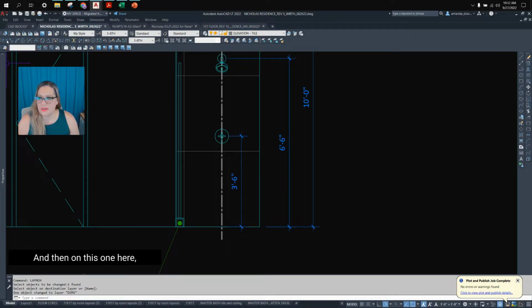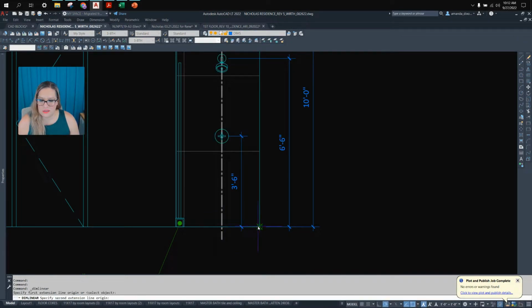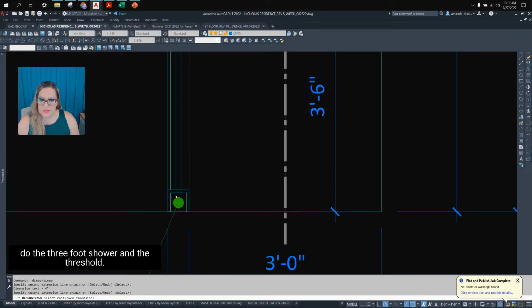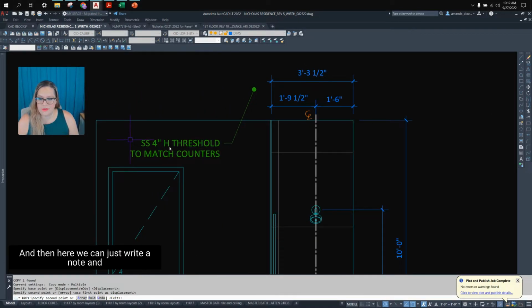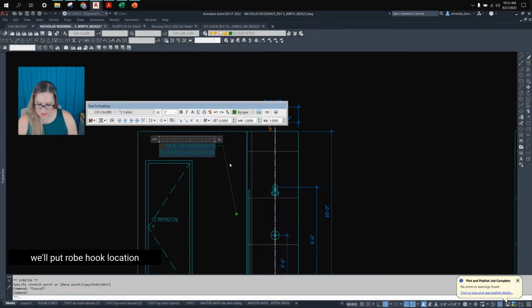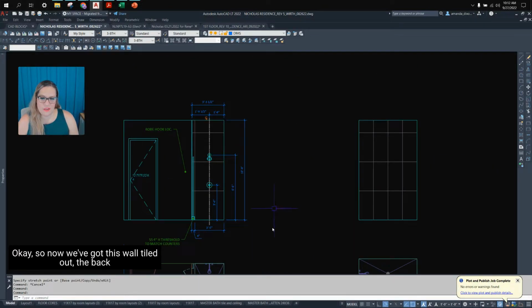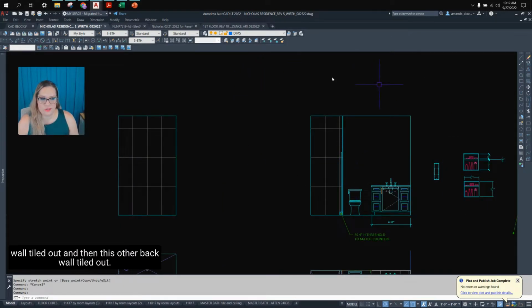And then on this one, here, let's select the dimension layer. All right. And then on this side, we're going to do the 3-foot shower and the threshold there, 4-inch threshold. And then here we can just write a note, and we'll put robe hook location. LOC, period, location. Okay, so now we've got this wall tiled out, the back wall tiled out, and then this other back wall